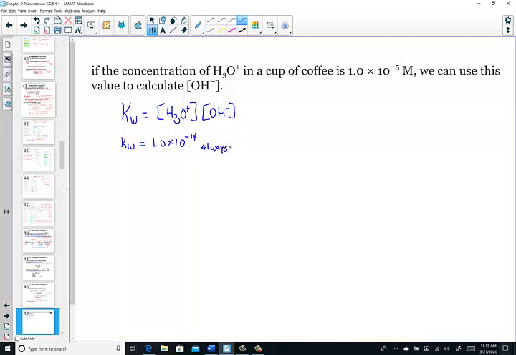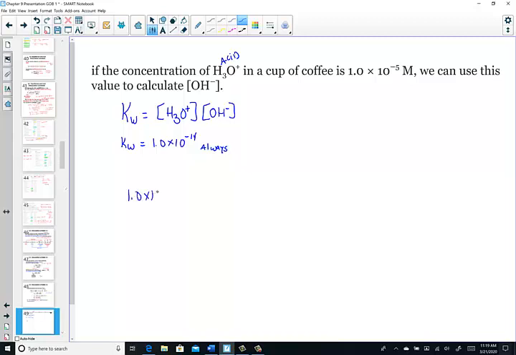So if we're given one concentration of an ion, we can easily find the other concentration by plugging it into the formula. For example, let's have a cup of coffee. The hydronium ion concentration, the acid ion concentration, is given to me as 1 × 10^-5. Well, that tells me